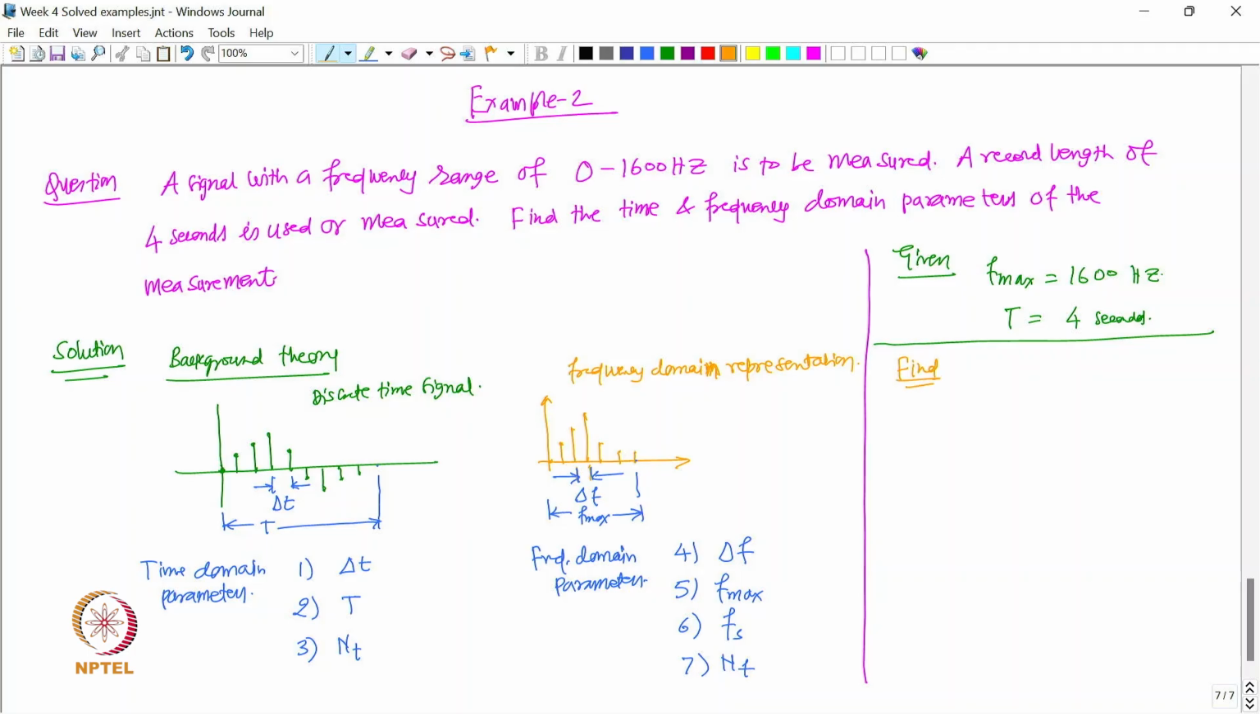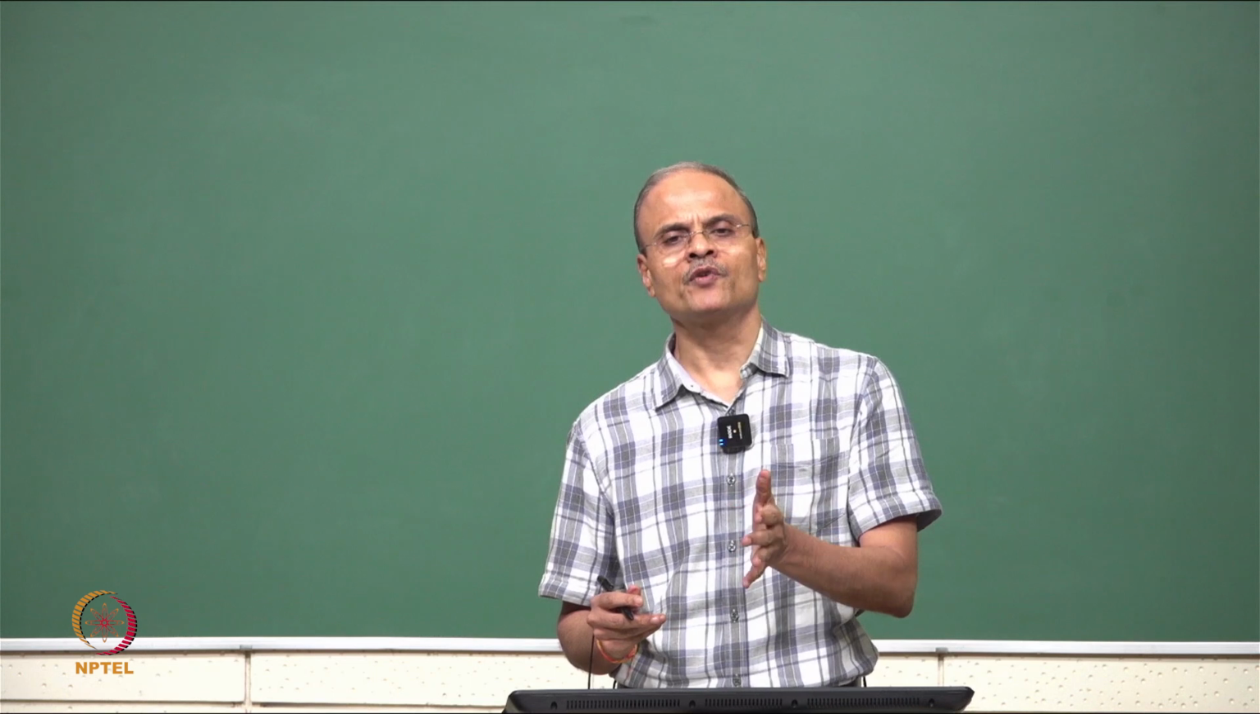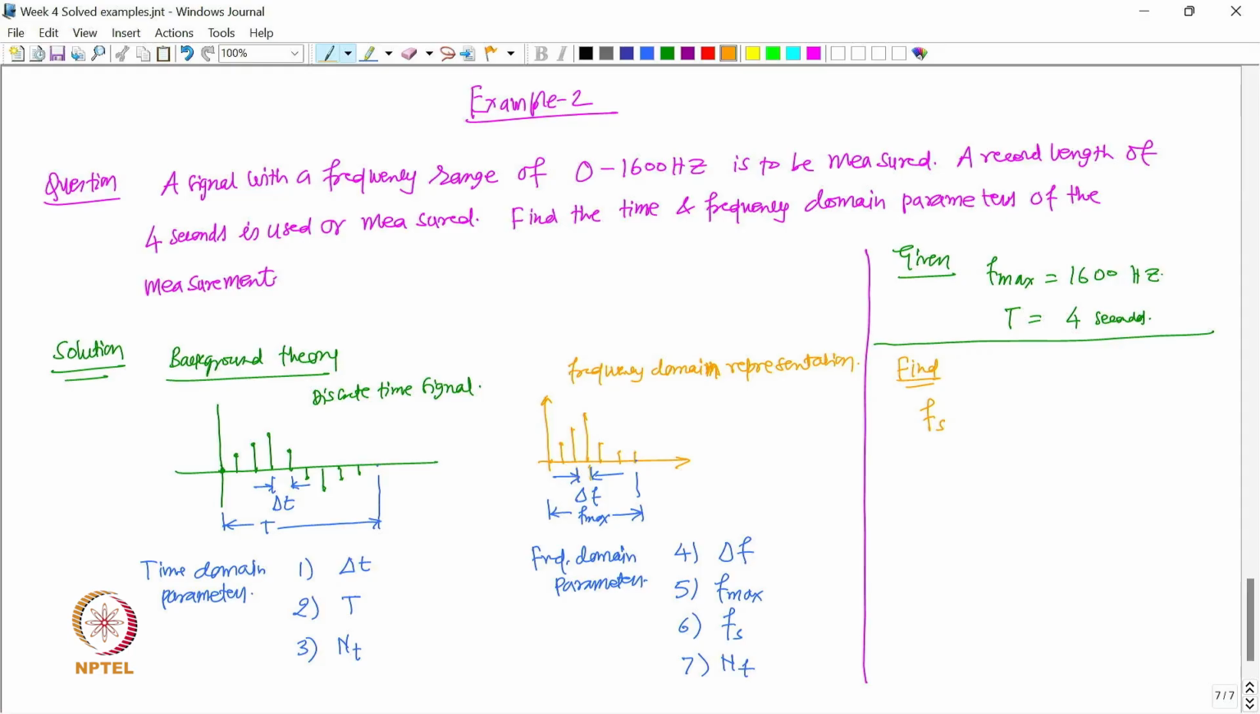We are going to now find, first, the sampling frequency fs. We studied that the measurement frequency range has already been given, so we can choose the sampling frequency by satisfying the Nyquist theorem, which says that the sampling frequency must be twice or more than the maximum frequency. So we are going to take the sampling frequency as twice of f max,